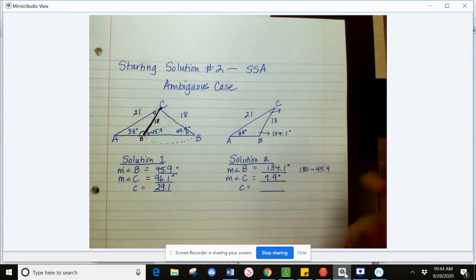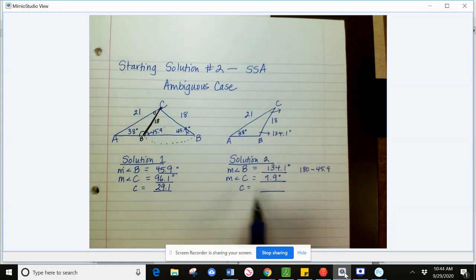Nothing crazy happened. After you get to this point, you're just going to set up a law of sines ratio and finish finding side C. So you would do probably